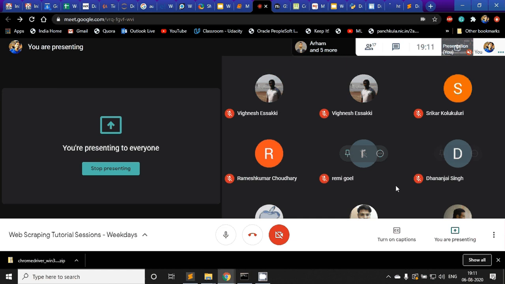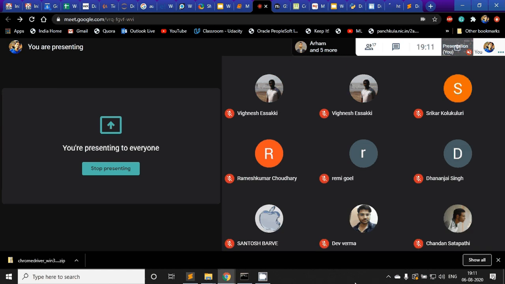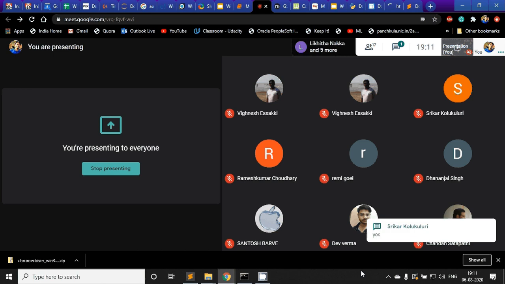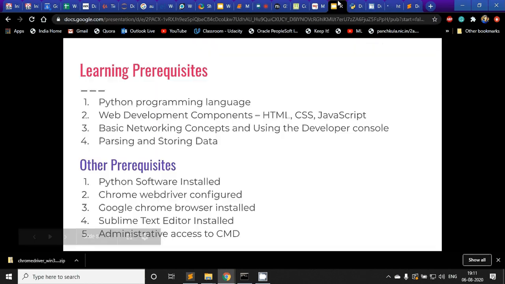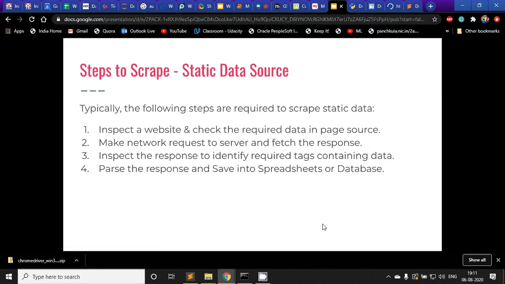Okay. So after this, we'll see some basic steps to scrape a static data source. Let's do this. I'll just demonstrate how to start if we want to scrape any static data source.